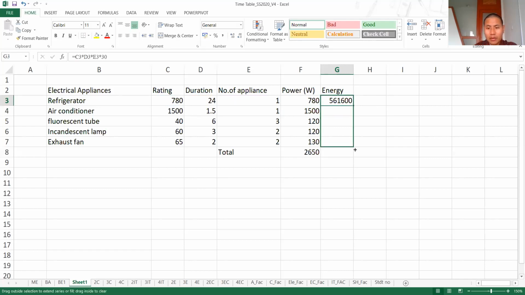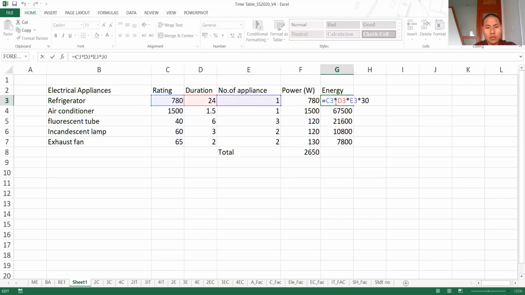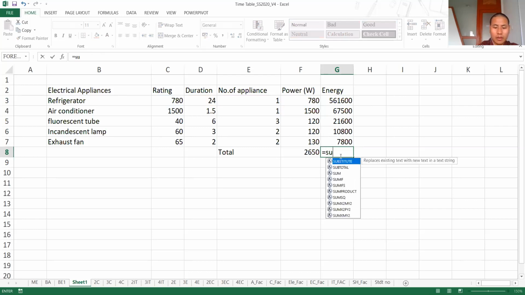So the air conditioner is operating only 1.5 hours a day, and the rating is 1500. The number of air conditioners in the room is 1, so we have this much. I hope the calculation is correct. This one also is times 30. Now these are the energies, and in total, the sum of